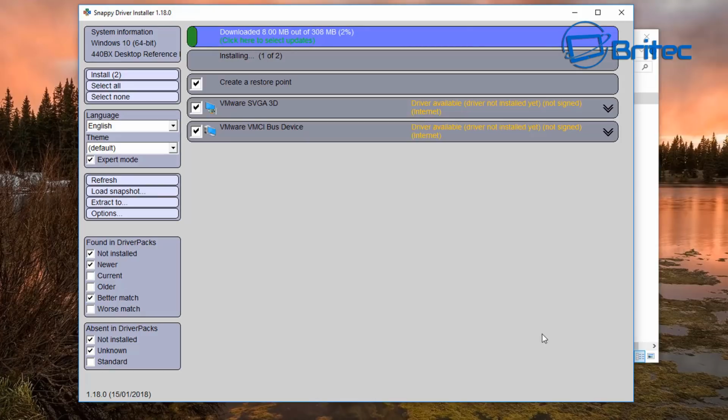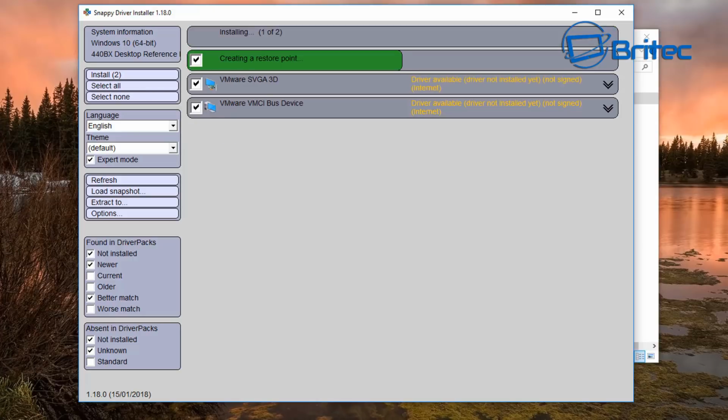Now these could be a sound card driver, a graphics card driver, or some sort of network card. Anything can cause a blue screen of death if you're using older versions of that driver and it's not compatible with the latest Windows release that they've done. Windows updates all the time, so you want to keep your drivers up to date and keep that running nice and smooth. Okay, so you can see here it's going to just quickly create a restore point for us,